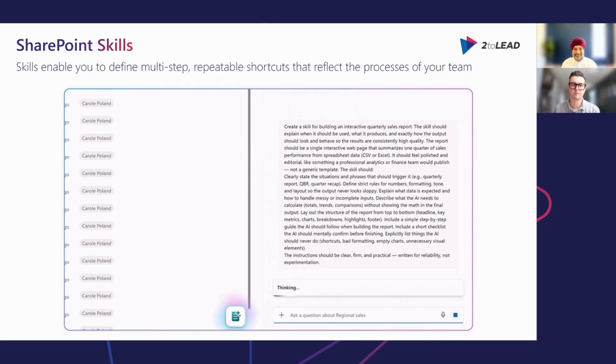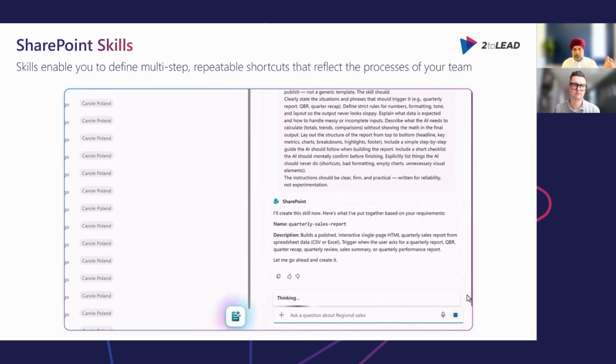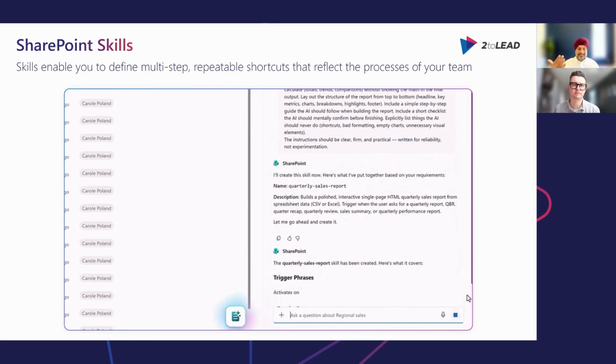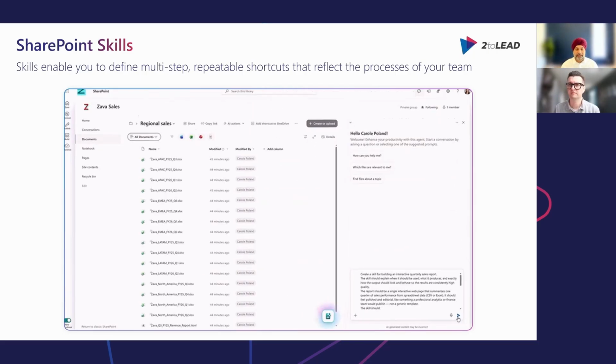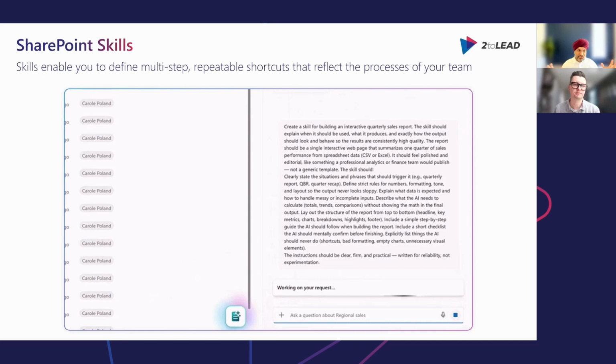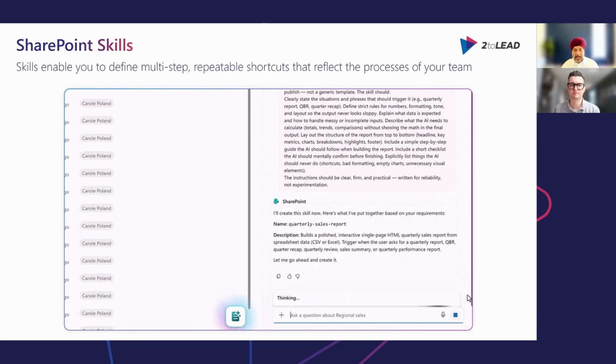So a site owner or a site member can create that skill and say, here's a template of what a quarterly sales report looks like. And anyone who has access to that site can now go to the knowledge agent and say, using this skill, help me build a quarterly sales report. So it uses the structure, uses the format, a really, I think, intuitive way to use AI with your